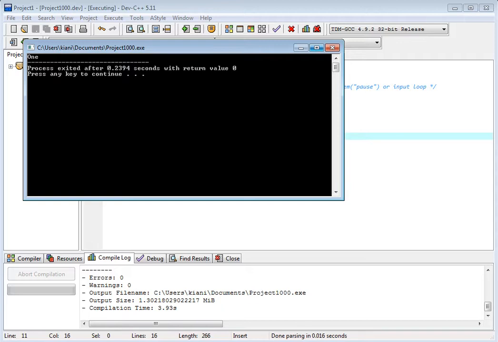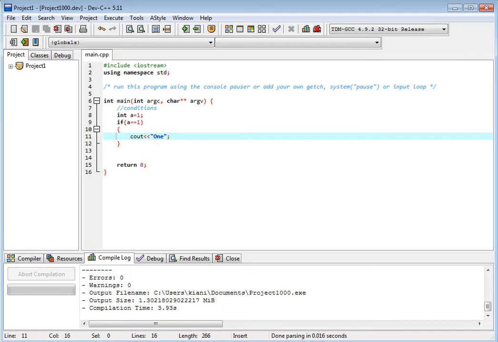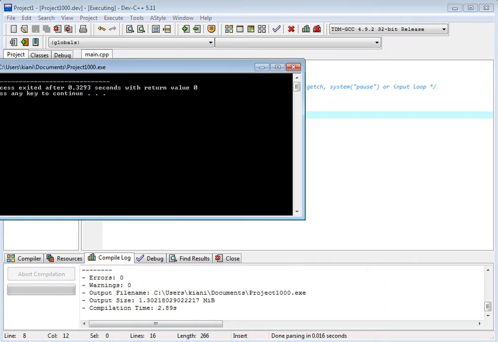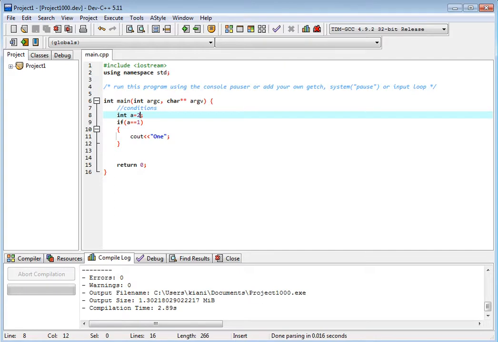This is 1, it is showing the translation of 1, and if I put 2, then the result will be nothing, no result, because this condition is false. 2 is equal to 1, no, this is false, okay. 2 is not equal to 1.